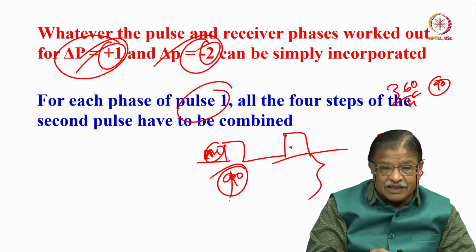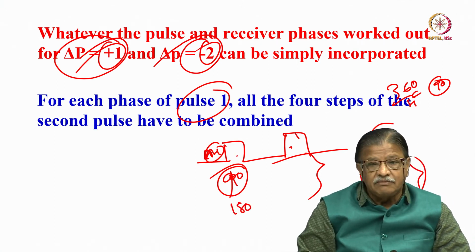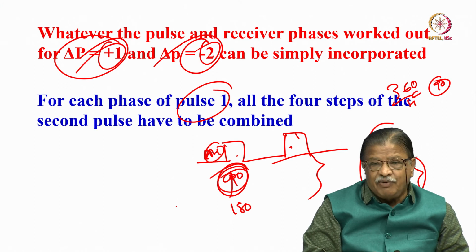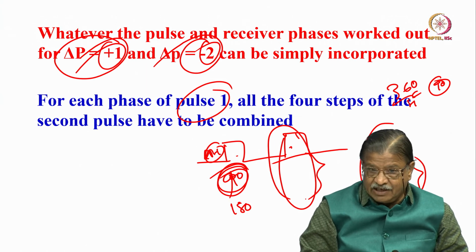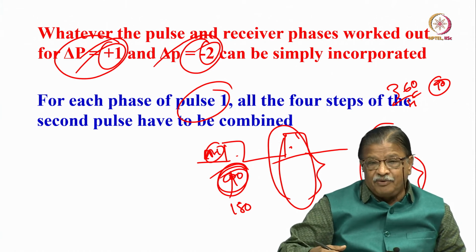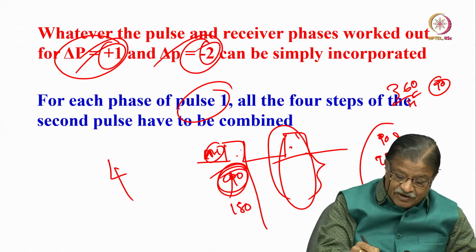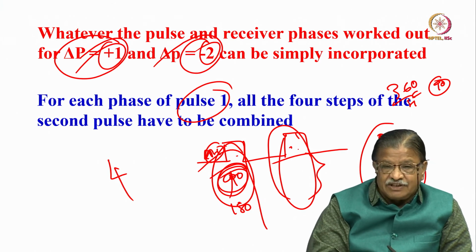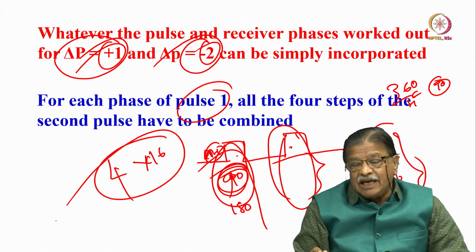It should undergo one cycle. Now increment the second time the phase of this pulse to 180. Again all the 4 should be done. The phase cycling has to go sequentially like this. First, for the first phase of the first pulse, all the 4 receiver phase cycles you have to go through for the second one. Then the second pulse phase of this first pulse, again all the 4 receiver phases have to be undergone. Like that, that means you have 4 phase cycling for the 4 pulse phases for the first one and 4 for the second one, and that means 4 into 4 you have 16 cycles.